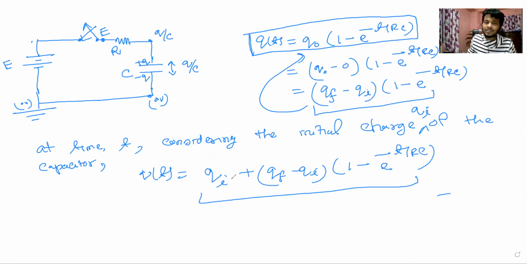Okay, we have to learn this. Yes, sir. Fine. So actually this is the more generalized form of this Qt. Look, if we consider that Qi to be 0, then this term would be 0, then this would be what? 0 minus Qf, isn't it? Right? This would be what? e to the power minus t upon RC. That means this will equal to this. Fine. I hope everything is clear to you. Is it clear to everybody? Yes, sir.